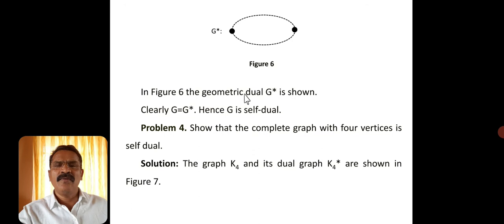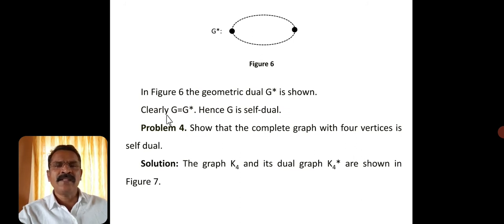Of course, both graphs are the same in terms of the number of vertices and edges. That is a one-to-one correspondence. Roughly speaking, the location of the vertices is different. But in graph theory, the location of the vertices and the straightness of the edges is immaterial. So we got the same graph as that of G. Therefore, we can conclude that the graph G is isomorphic to the graph G star.